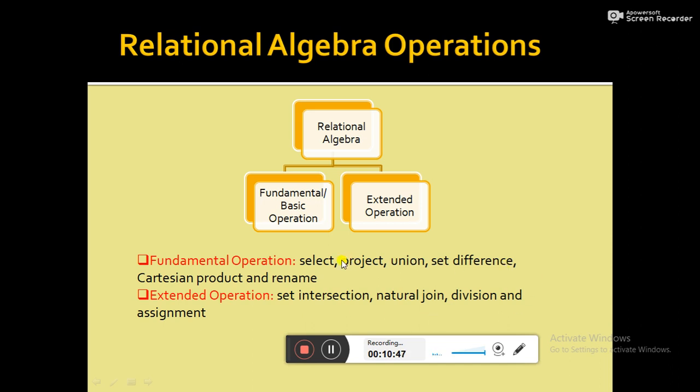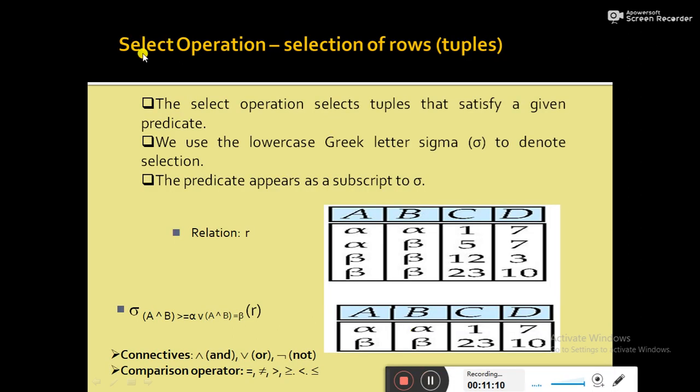As a whole, all these are part of relational algebra operation by which we can manipulate the database. Manipulate the database means we can retrieve the information from the database, we can insert new data in a database, we can delete information from the database, as well as we can modify the stored information in a database. So the first operation of relational algebra is the select operation.